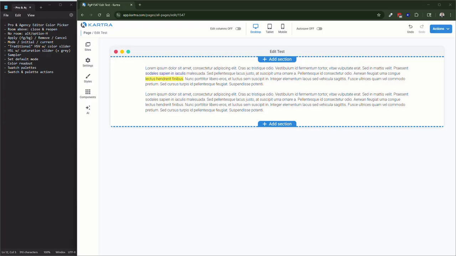Kartra recently replaced the version of the text editor that's used in the page builder, the mail builder, and the membership builder with a newer version of the editor. The functionality has changed significantly between versions of the editor, and this necessitated replacing the color picker that was used in the KCSG Power Tools for Kartra Pro and Agency versions that support using Kartra's color palettes for picking foreground and background font colors. So in this video, I'm going to walk through what the new color picker looks like